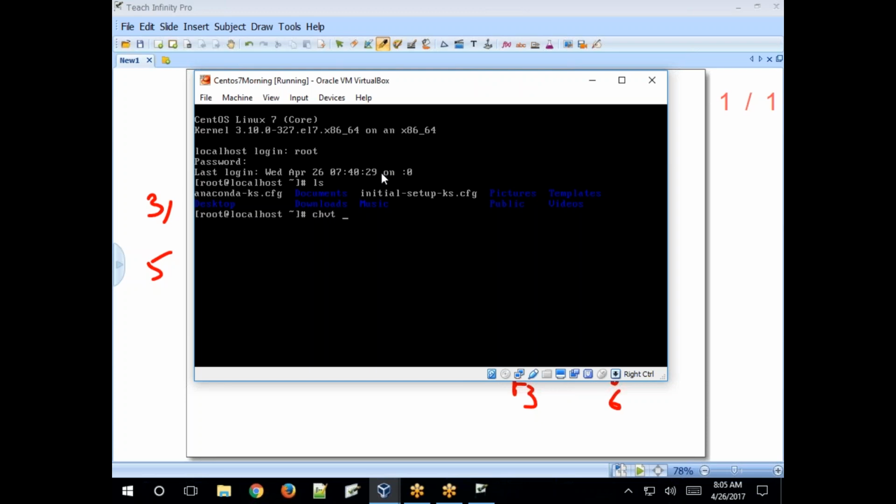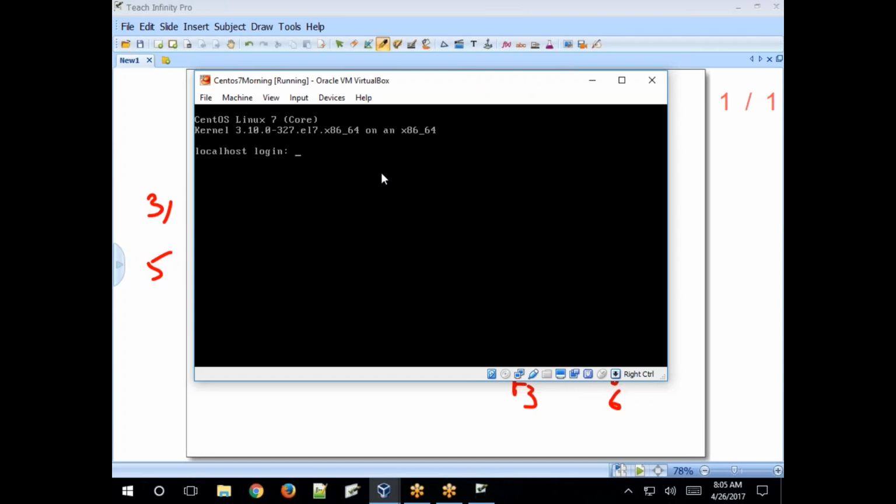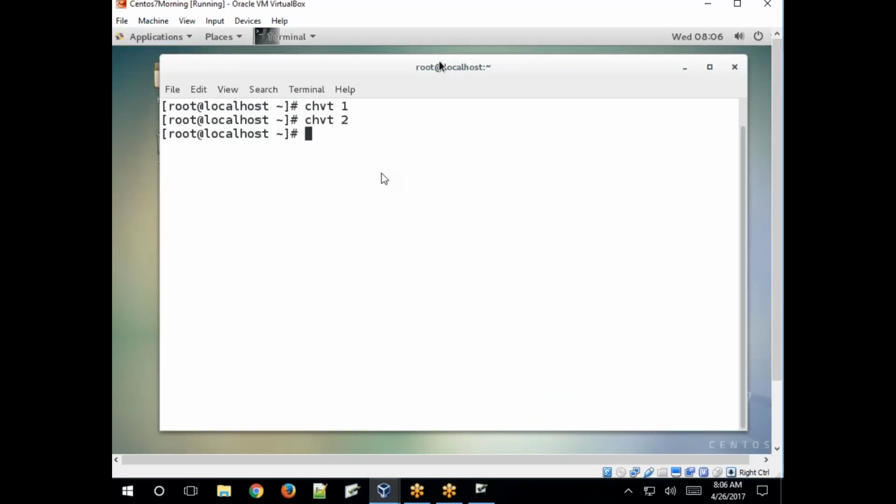If you want to switch from 2 to 3, it asks you to enter the username, another user account name, Suresh. Log in, right? chvt. I want to switch from 3 to 1. Like this, 5 non-graphical consoles and 1 graphical console.